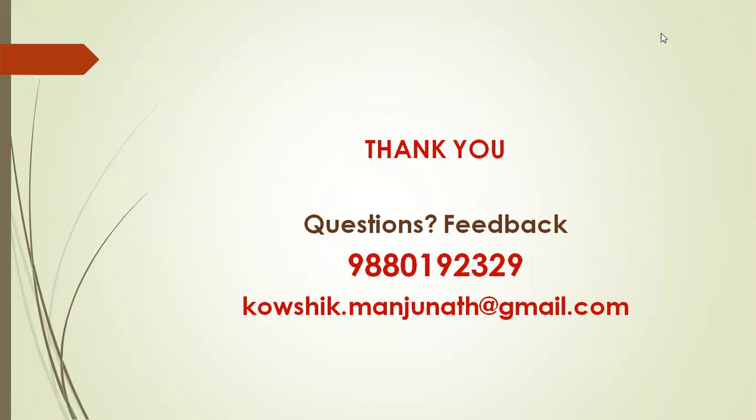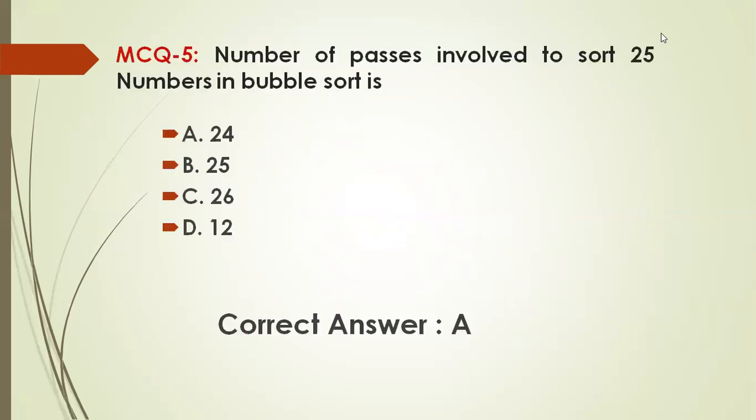In the next step, the number of comparisons will be 7. The next step, it becomes 6. Next step, it becomes 5. Finally, 4, then 3, 2, then only one comparison is involved. So as the pass number increases, the number of comparisons decreases. That's the reason we are using two different for loops. One is the I loop and the second one is the J loop. I loop denotes the pass numbers, and J loop denotes the number of comparisons involved in each pass.